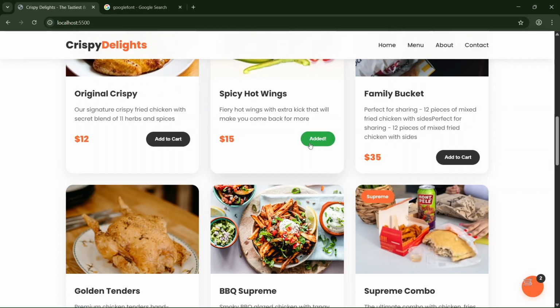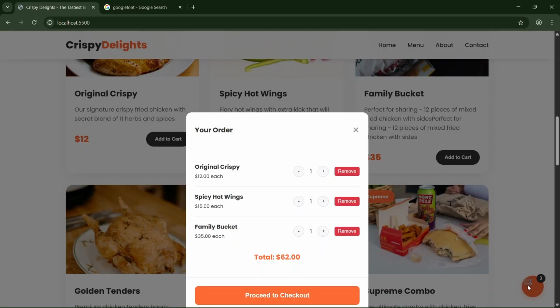Suppose I add this, added, see, one item has been added, now it's become two. Now let's add one more. So see, add to cart means we are going to add these three items. And when I click on this it will show your order. So your order is like original crispy one, spicy hot wings one, and it is showing the price also, $15